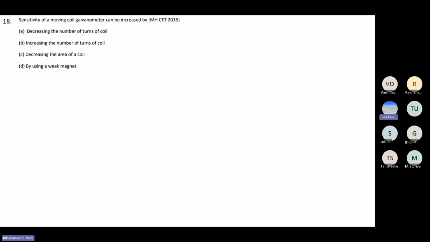Now, next question. The question says sensitivity of a moving coil galvanometer can be increased by decreasing the number of turns of the coil, increasing the number of turns of the coil, decreasing the area of a coil, or by using a weak magnet. Now, we know for moving coil galvanometer, the torque is given by BINA, and when this torque is stored in the spring and spring twisted by angle theta, this is given by C theta. So